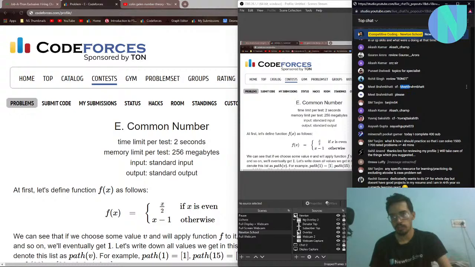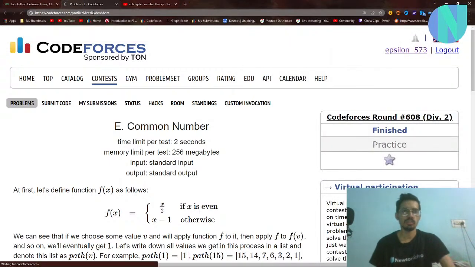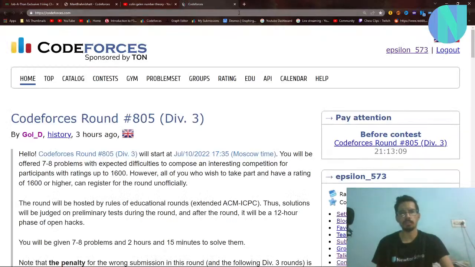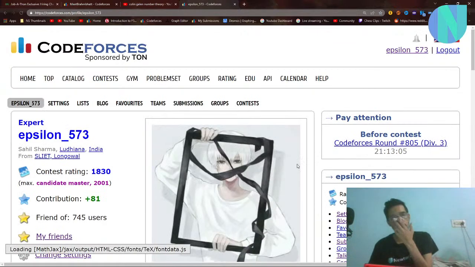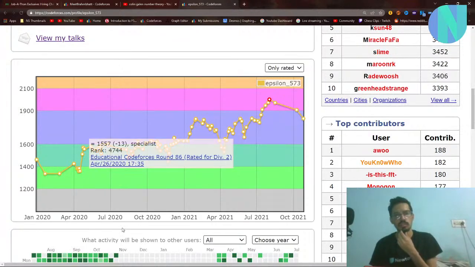So we are left with meat. I see a lot of improvement in my... I don't think I have any specific time period when I improved a lot. I think it was a continuous thing. It was not something sudden, it was continuous. As you can see here, it was very continuous.